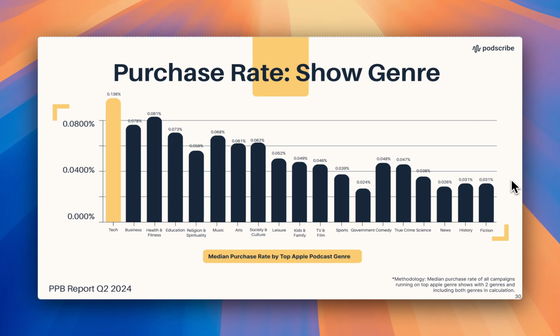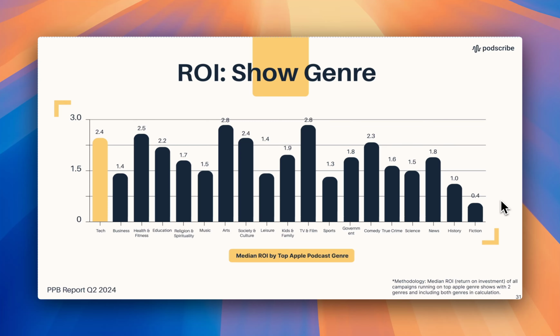If we move on to the next slide, we can look at the ROI that's generated from these as well. Although these are benchmarks, they're looking at all of the 50 or so thousand campaigns that we analyzed. I think every brand and every industry is going to be different, so the reasons for why one genre works better than another are likely going to be aligned to things like advertiser industry. So interesting to note that overall we see these fluctuations in terms of driving visitors, performance, and ROI. Next time, we'll want to break things down, barring we have enough data, by advertiser industry as well. Pete, do you have other things to add there?